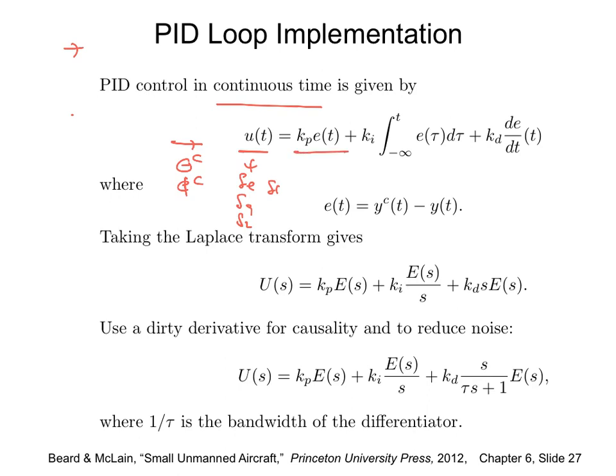The first term is proportional to your error, where error is the commanded output minus the actual output. Your integral is the total error accumulated over time, so Ki times the integration of the error. And the third term is Kd, proportional to the error derivative, e dot. That's the summary of a PID controller. If you are using a PI, then the proportional and integral terms are non-zero, but the derivative term is zero. If you are using a PD, then the proportional and derivative terms are non-zero, and